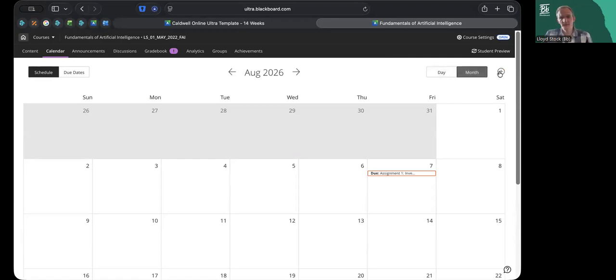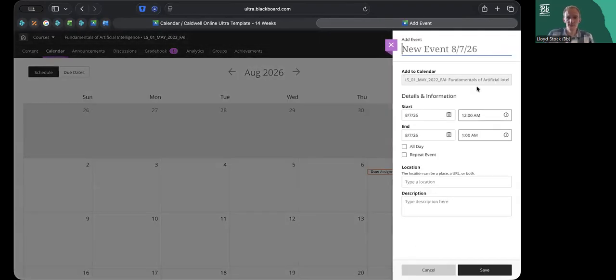And on top of that, you can add things like a course schedule to communicate your availability as an instructor, or you can add individual events in order to communicate something like a field trip that you might be going on, or an in-person event. And any locations you type could include a URL. So if you're actually meeting on Zoom, you could put the Zoom URL in there, and that allows students to access that online session